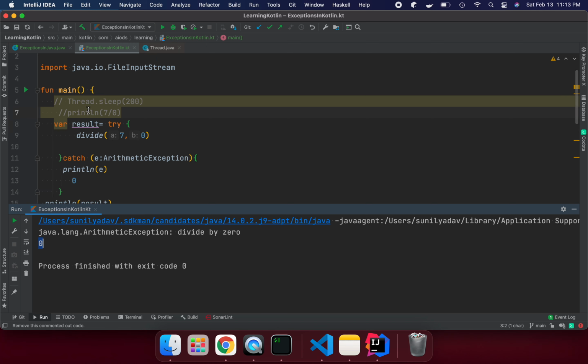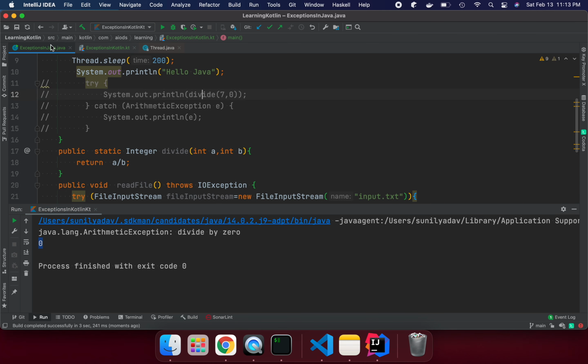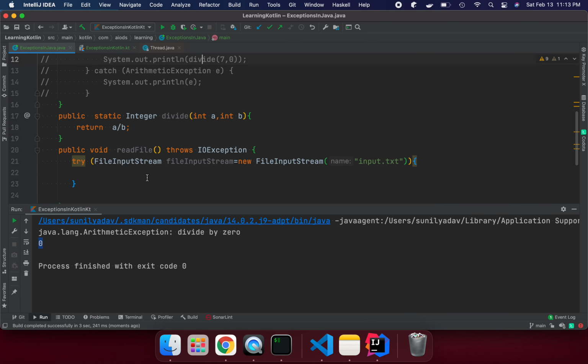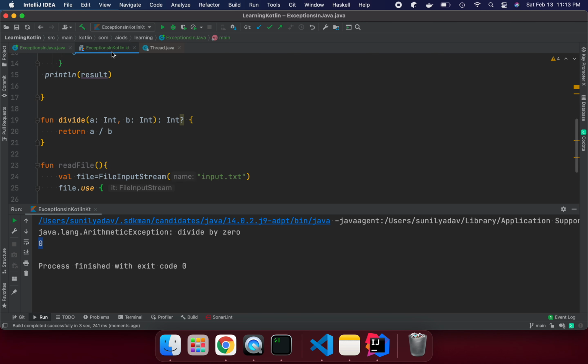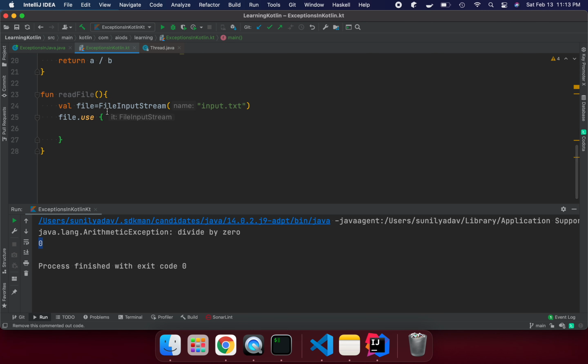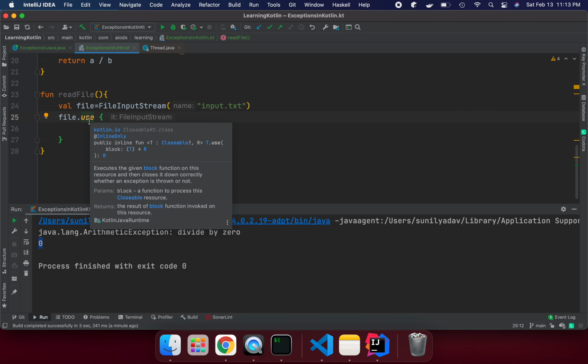In Java, generally we have try-with-resources to handle things so that if any exception happens, the file input stream automatically closes the connection, so we don't have unnecessary resource or memory leakage. Similarly in Kotlin, we don't have a try-with-resources block; we have to use the use method.